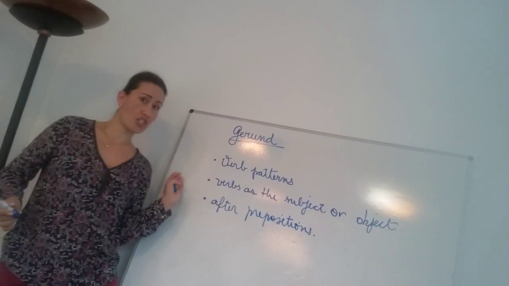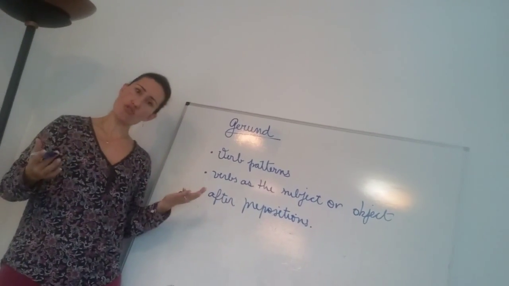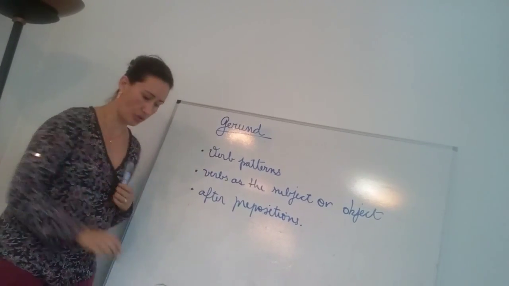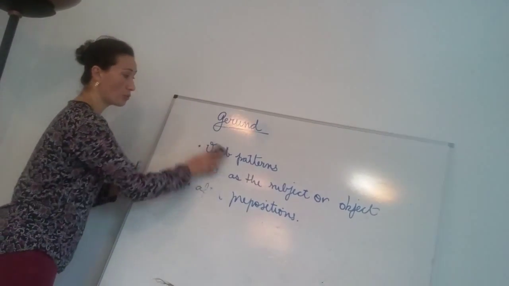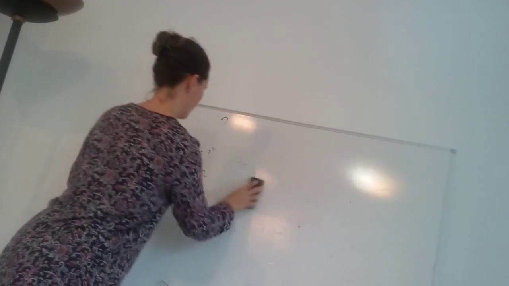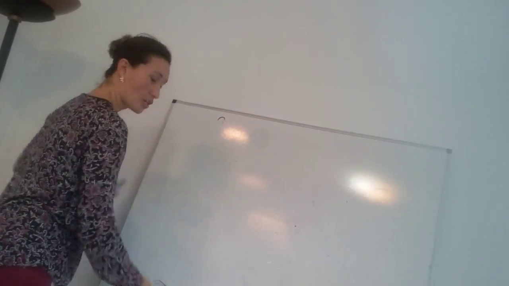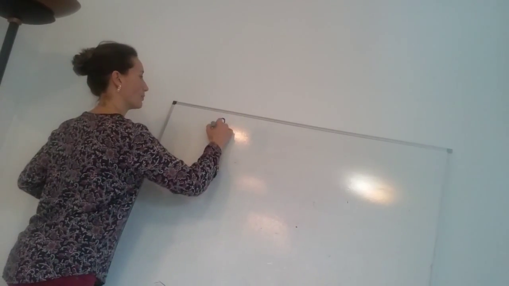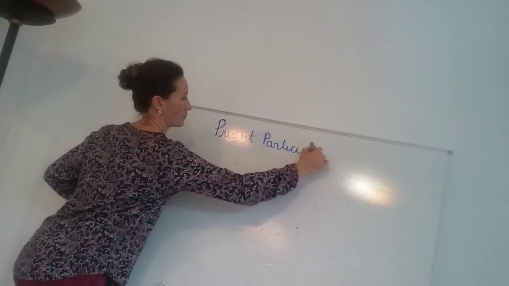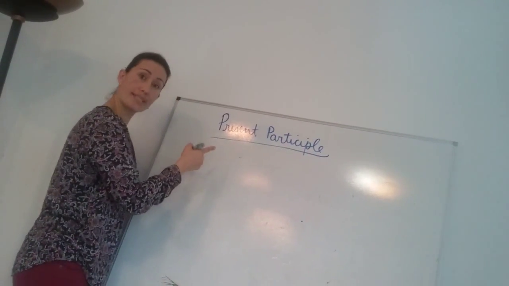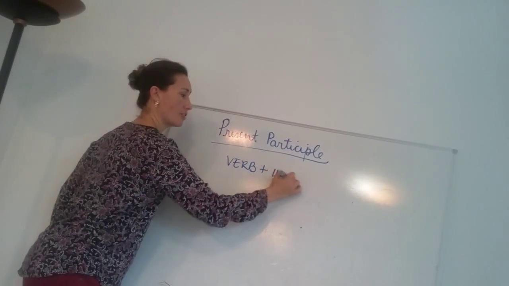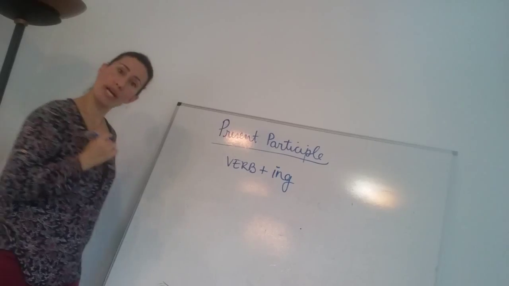Okay, so all this that I show you is just to illustrate that the gerund is not used for the continuous form. What is used for the continuous form is what we call present participle. So what is present participle? Present participle is the verb plus ing. So when I say